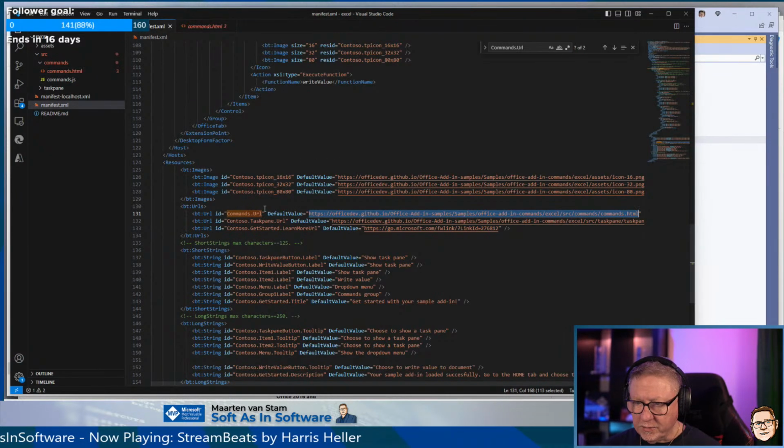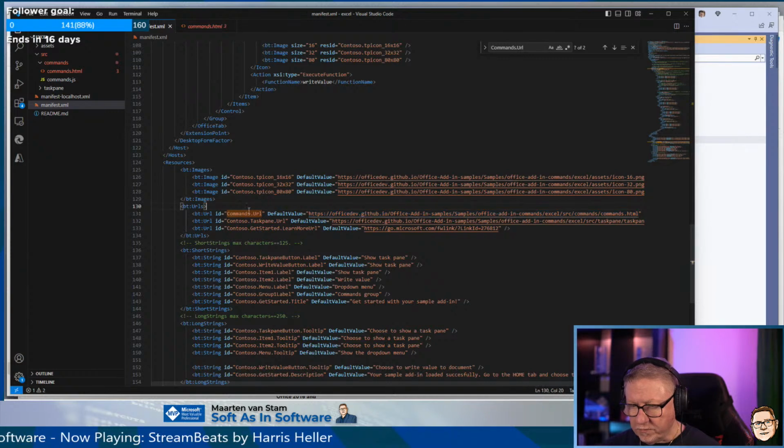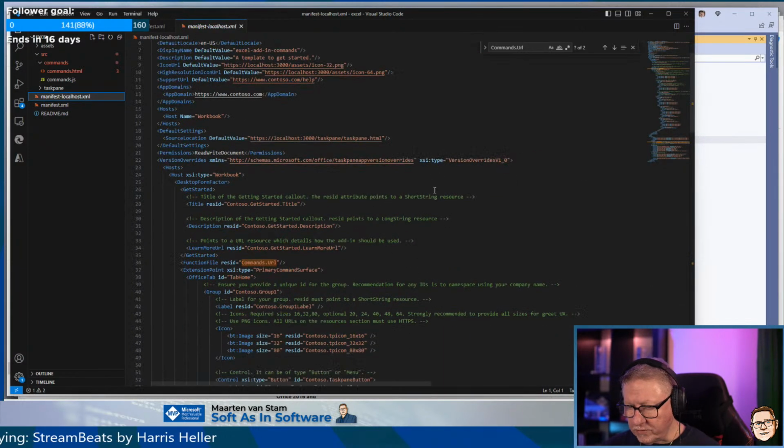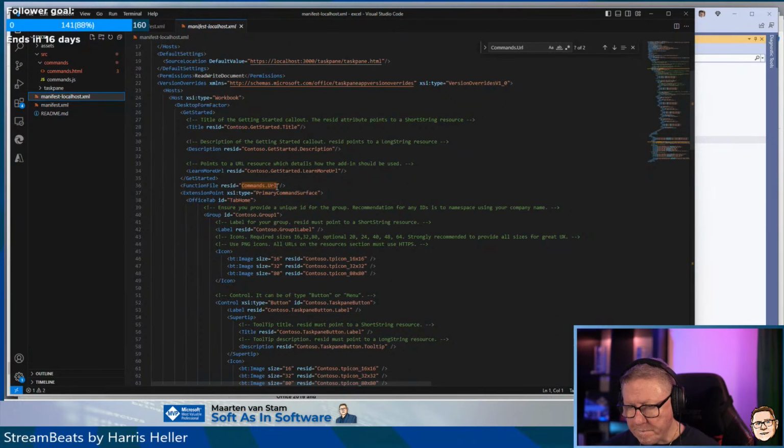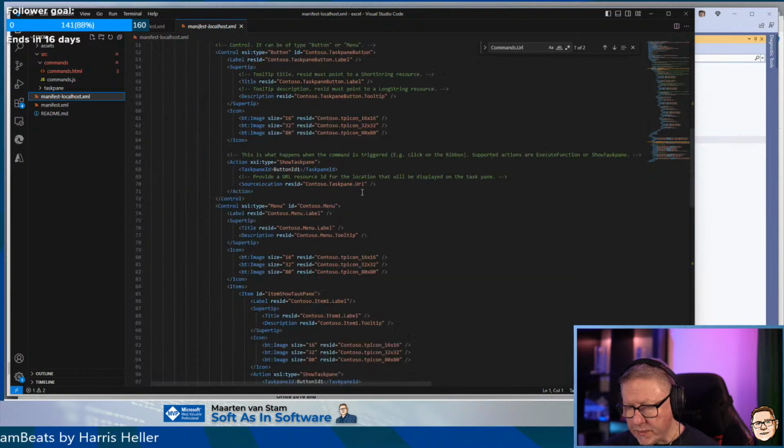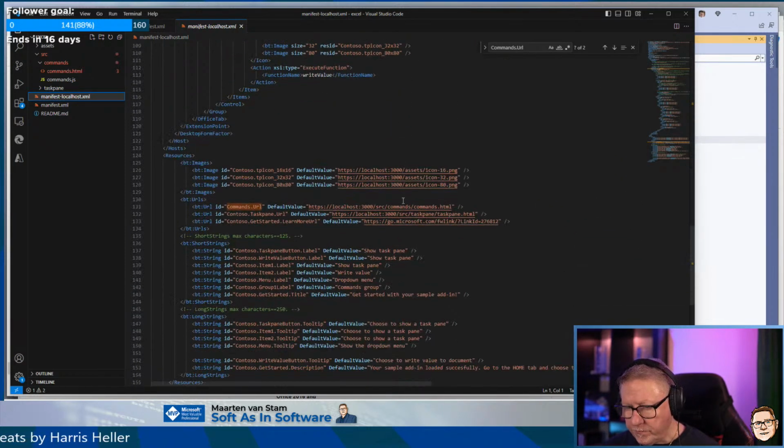So in this case, the manifest URL for the functions is this commands. Then it's pointing to the HTML. Let's go to the localhost version. That's this one. There's the full path in there. That should be like a remote URL, and then